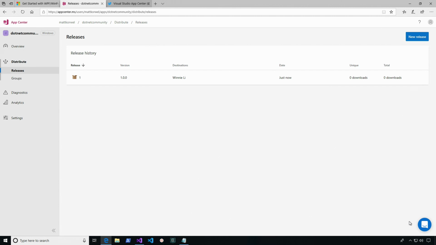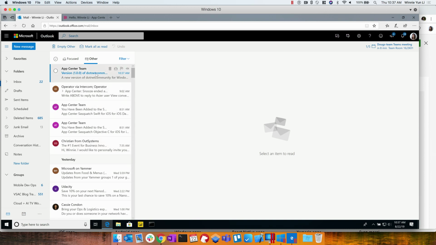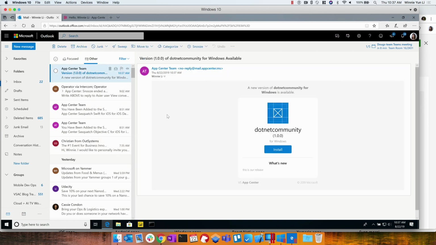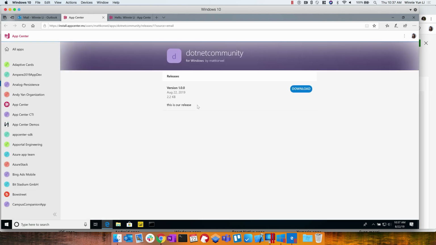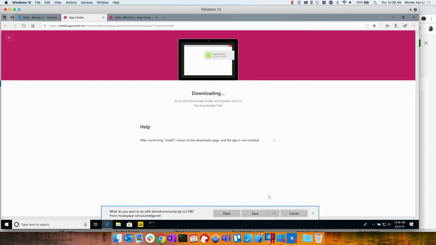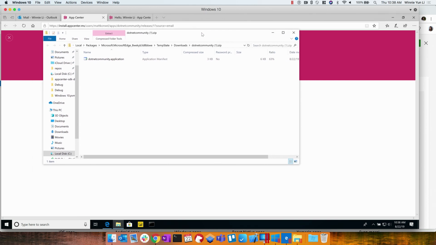So if we want to flip back over to Winnie's machine, in the next minute or two she should have an email from the App Center team. Awesome. I just got an email saying there's a new app. It's very exciting. If I click on this install button here, it will take me to the install portal, which you can think of as my own personal app store with apps that I can download. I see Matt's comment here, the version. I click download, open. And so here I have the file that he just zipped. If I open that,